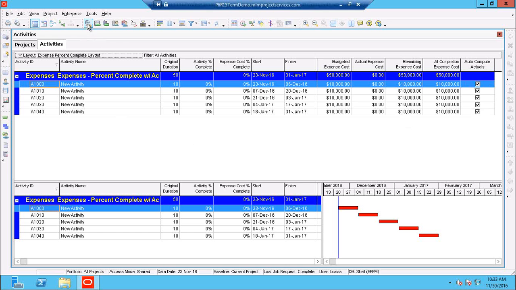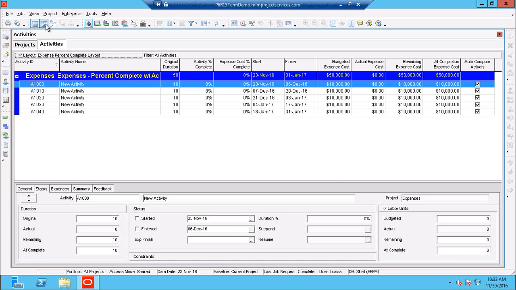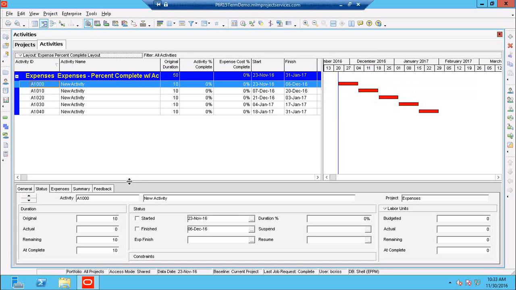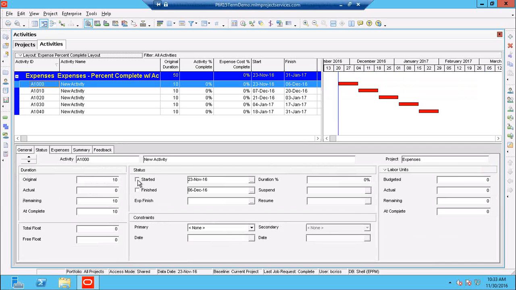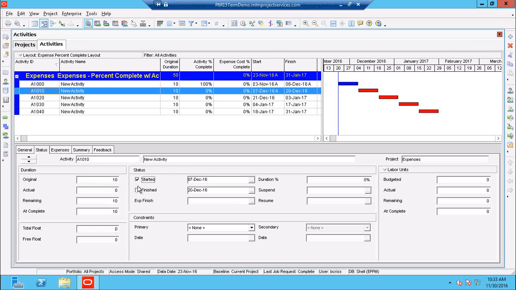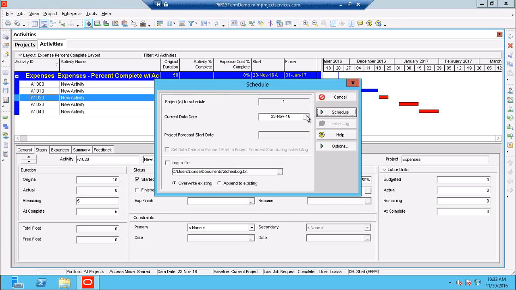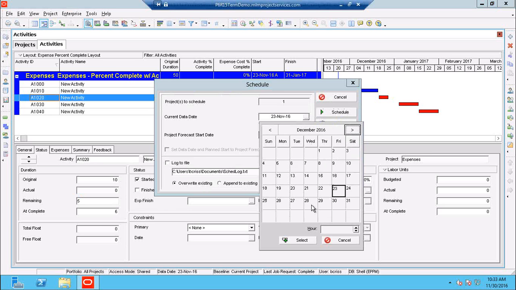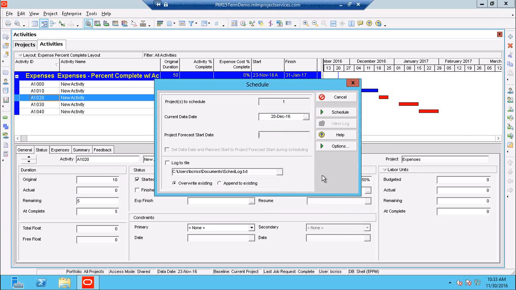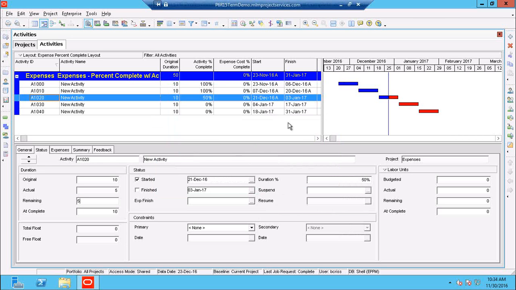So let's see if we can just first reproduce the problem. So I'm going to come here and let's just do maybe an update of a few activities. So we'll say that this started and finished. We'll go to our next activity, started and finished. And then for our third activity, let's say we started and we have a 5-day remaining duration. I'm going to update the data date now to, let's say, the 28th and schedule. So I've updated my schedule,